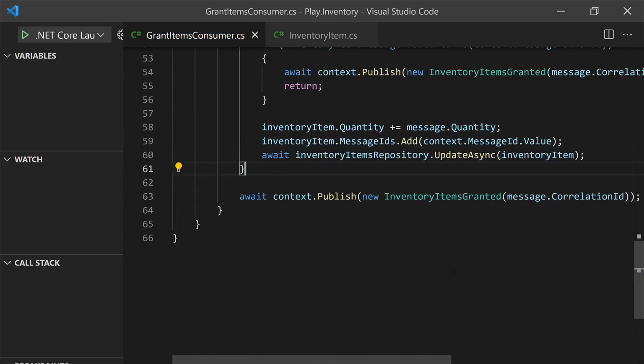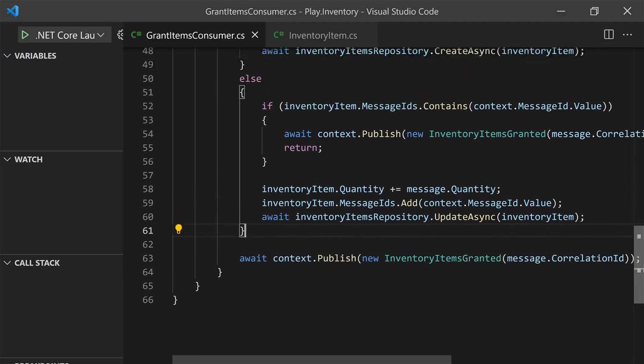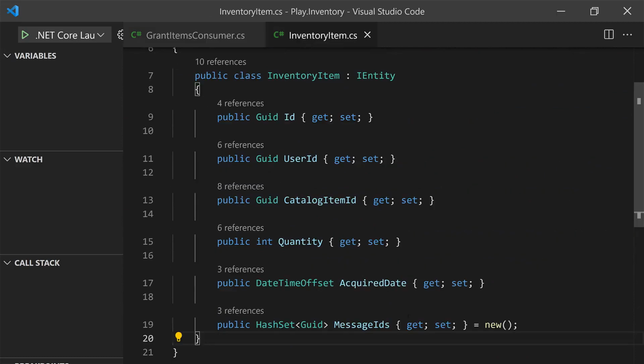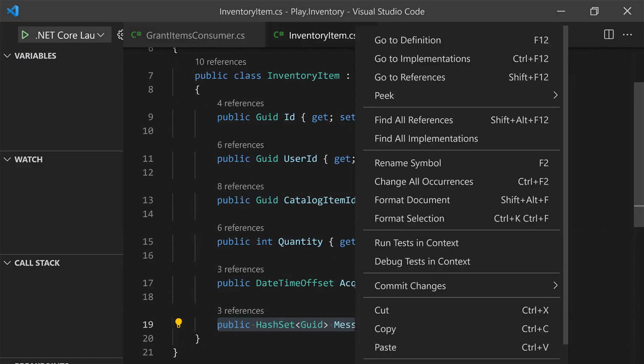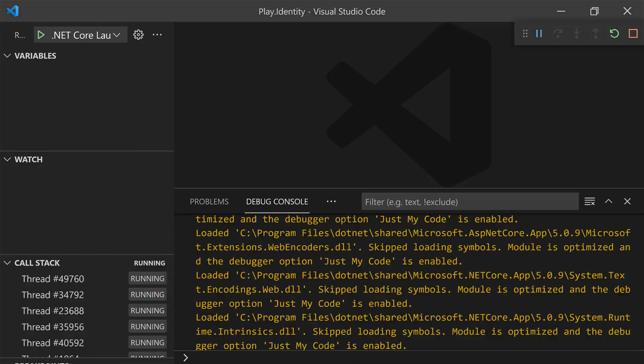And what we should do now is do exactly the same thing that we did for inventory, but for the identity case, right? Which is even probably more important. Make sure we don't debit Jill more than once. So what I'm going to do is copy a couple of things from here into identity. So starting with our inventory item hash set, I'm going to copy these message IDs, and I'm going to head into our identity microservice right here,